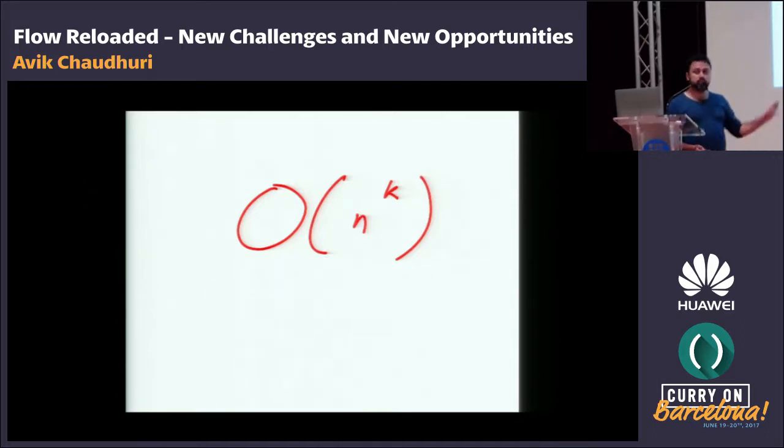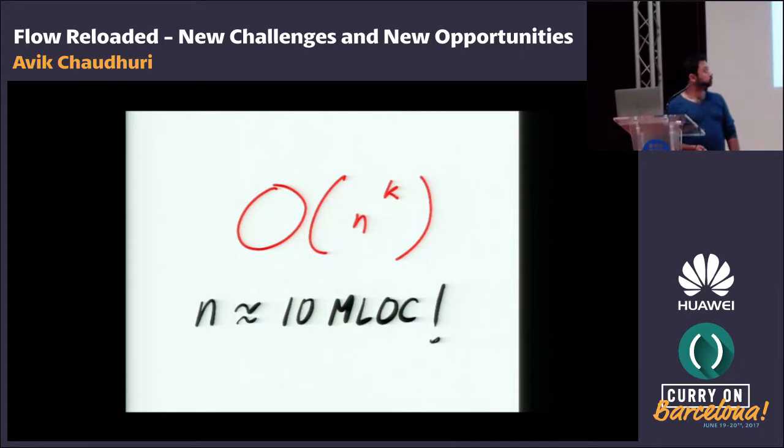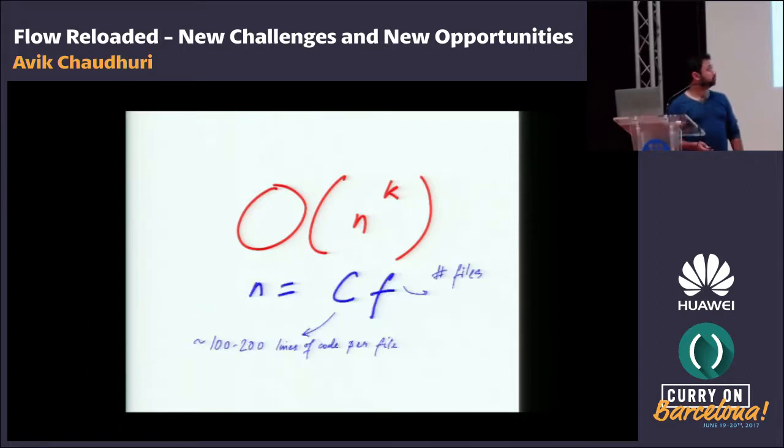And we'll see how that could be a problem very soon. So n is, for one of our largest code bases, already 10 million lines of code and growing very fast. I'll show you a graph later on in the talk to show you exactly how this amount of code is increasing. So if we dive deeper into what n is